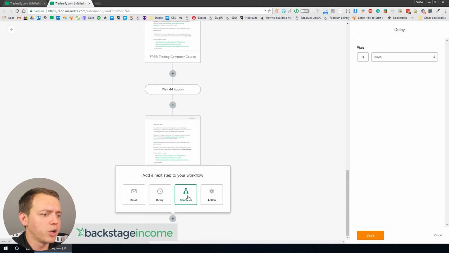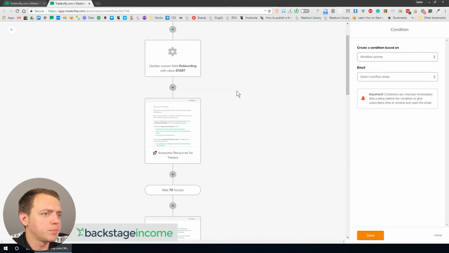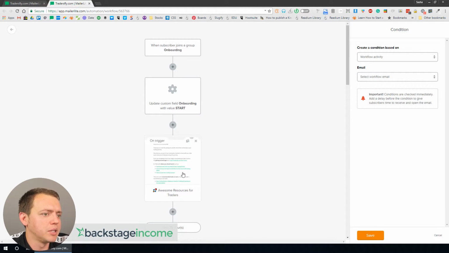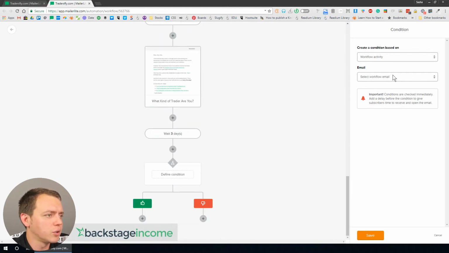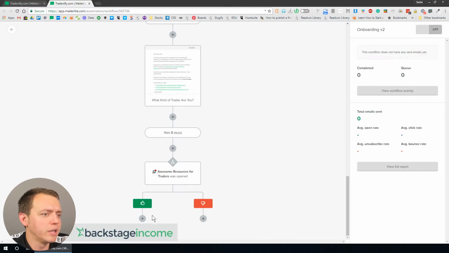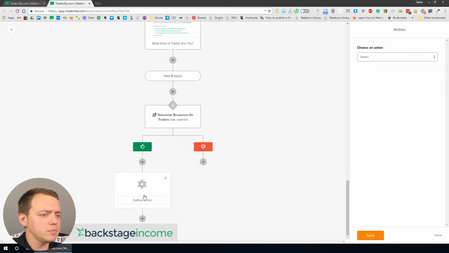So now what we want to do is kind of figure out a condition. And that condition is workflow activity. And we start at the top, really. And at the top, it'll be the awesome resources for traders, right? So here, awesome resources for trading. Was it opened? Okay, so if it was opened, what we want to do is I'm changing the